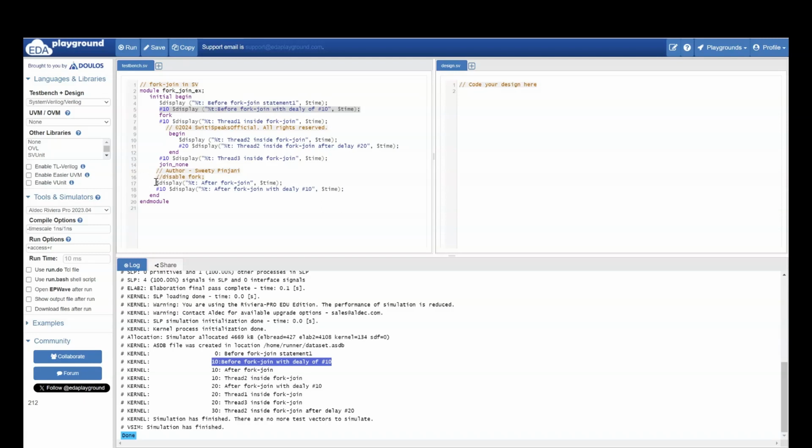So then this statement would have executed at a delay of 10, because before that one statement was having a delay of 10. So that's why this got executed at a delay of 10. And this particular statement would have executed with a delay of total 20, because 10 this and 10 this, 20. So after fork join, this statement got executed with a delay of 20 total. Now, but fork join none is present and it will execute